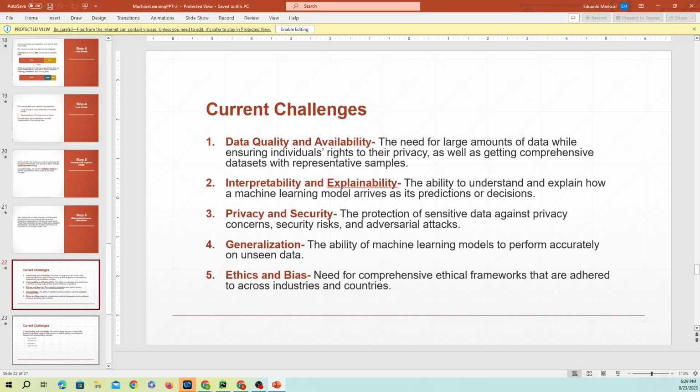Ethics and bias call for comprehensive ethical frameworks that are adhered to across industries and countries, right? Can we draw a line? How can we use this AI ethically and without bias to anybody? For example, let's say they use machine learning to predict if somebody should get insurance, right? And maybe this machine learning is taking information the wrong way, or the people in the company are taking it the wrong way, not wanting to